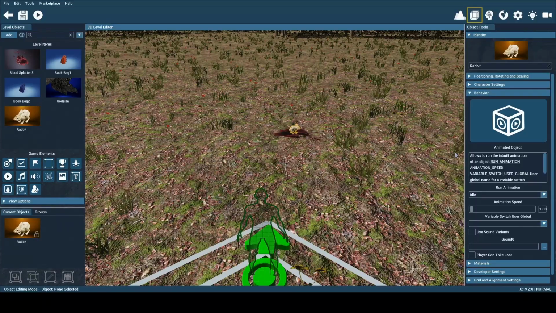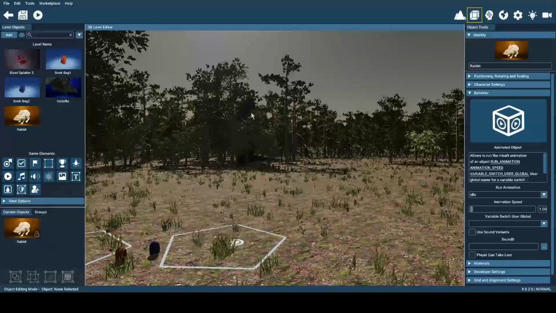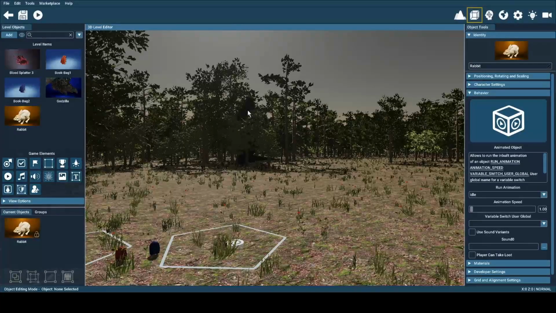So instead, what I did was I added the animated object behavior to it, and that allowed me to isolate just one animation that this bunny has and loop that over and over again. I actually did the same thing with Godzilla over there. I could have made him a character, but I had a little difficulty with that. So instead, I applied the same animated object behavior to him, which really just loops the walking behavior that comes